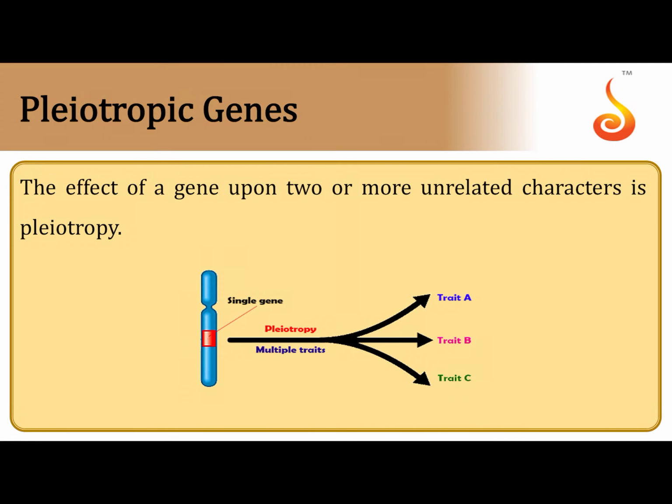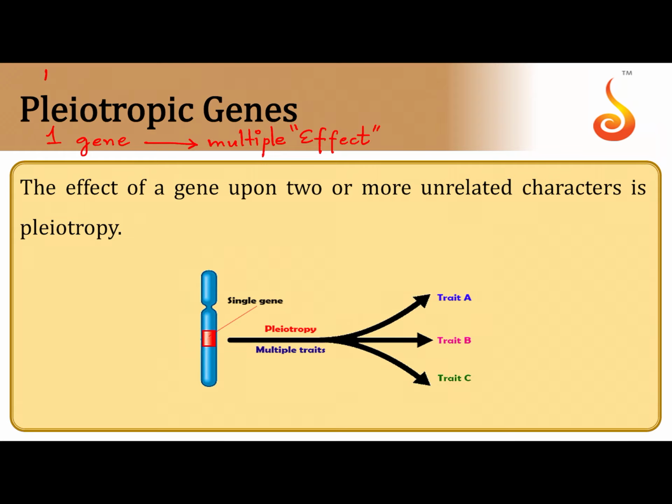So pleiotropic genes are something contrasting in comparison to polygenes, because in pleiotropy, one single gene has more than one phenotypic effect. So one gene having multiple phenotypic effects is referred to as pleiotropy. You can remember it as one gene having multiple effects. When I say effect, I'm talking about the phenotypic effect, as opposed to, just to create a contrast,